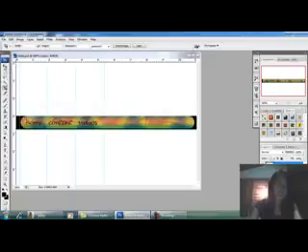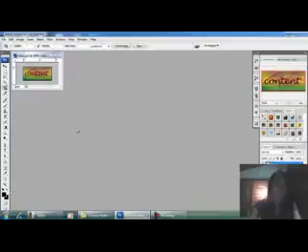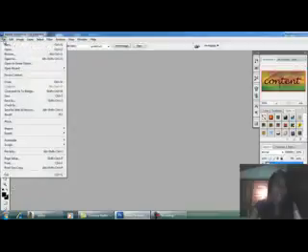Then back again to the option tool and then choose again the crop tool and then apply to the navigator. Then right click again and then crop and then save as.